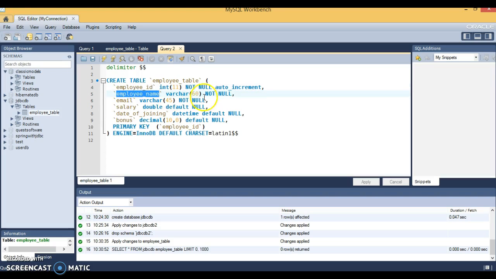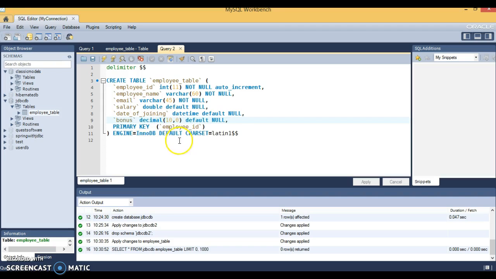Now employee name, varchar size 60, not null constraint we have applied. Email, varchar 45, not null. Salary double, it's default null. Date of joining, we had selected date time, default is null. Bonus, it's a decimal, and you can see 10,0.